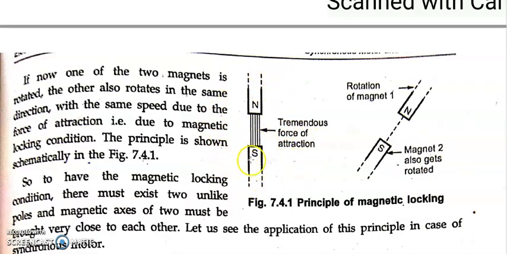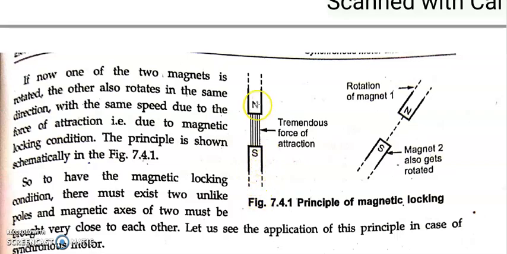Now coming to how this south pole is created in the rotor part. This is created because of giving DC supply to the field winding on the rotor. So that creates two poles, north and south. Here, for the sake of convenience, we are showing only the south pole, and also for the sake of convenience we are showing only the north pole in the stator. So for example, we are taking the south pole created in the rotor due to the application of DC supply to the field winding. Whenever I give DC supply to the field winding, the rotor gets magnetized, and that creates its own poles, north as well as south.